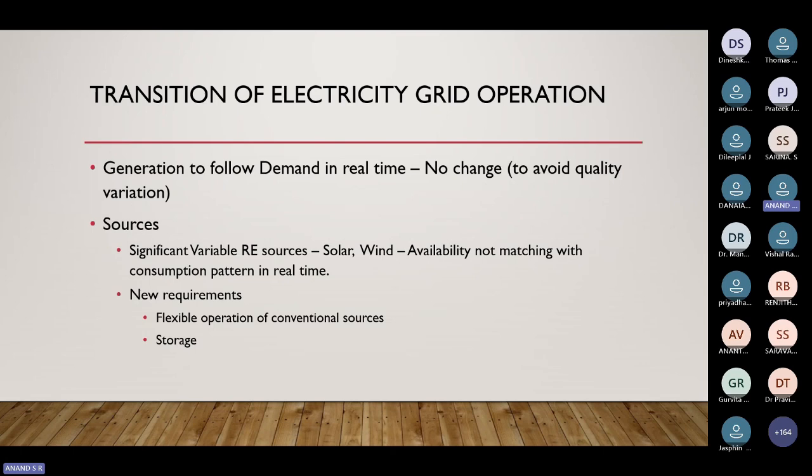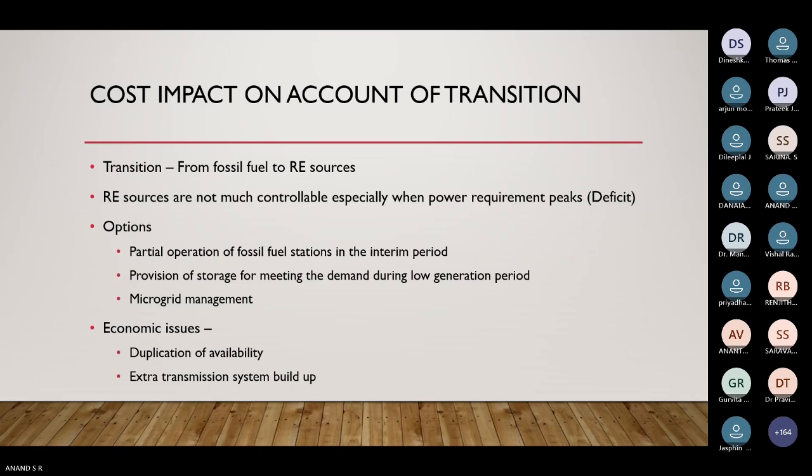And the new requirements are we need to have flexible operation of conventional sources and we need to have storage. So coming to storage, the main requirement is that during the night time we don't have solar. And maybe in the early morning hours, say from midnight onwards, we may have a lower quantity of wind. And again, in the off season of wind, that is also a problem. Wind is seasonal, and